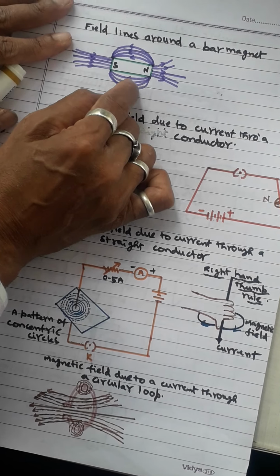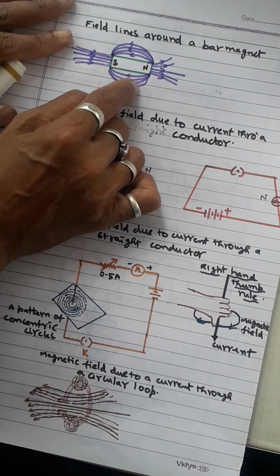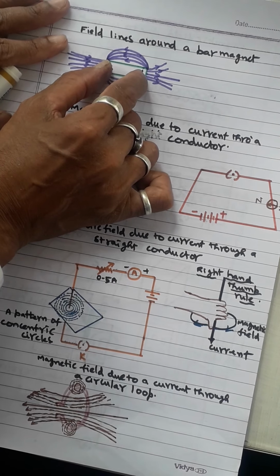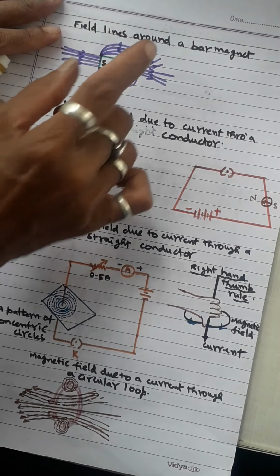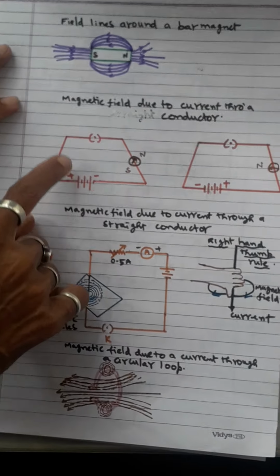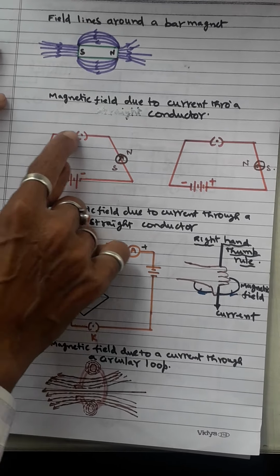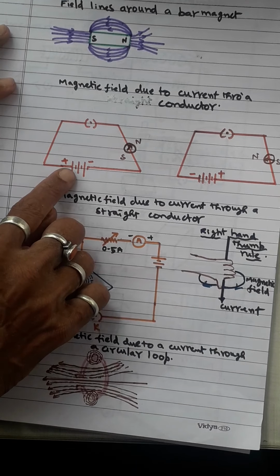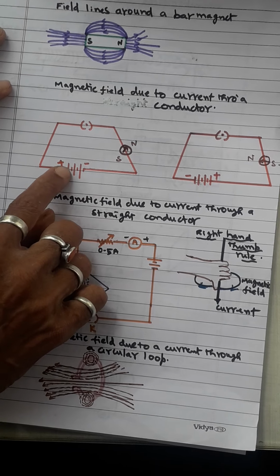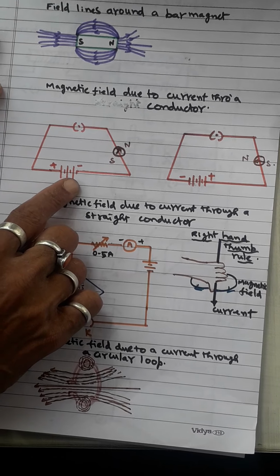If there is too much closeness between these field lines, then we can say that this magnet has high power, more strength also. Okay, next I am showing another diagram here. So what you have to do is take the electrical conductor. Here I connected the batteries also. We already know that when more cells are connected, we get a battery.